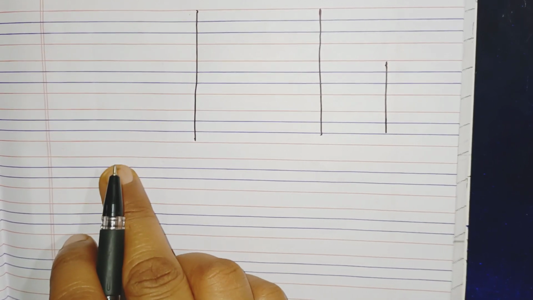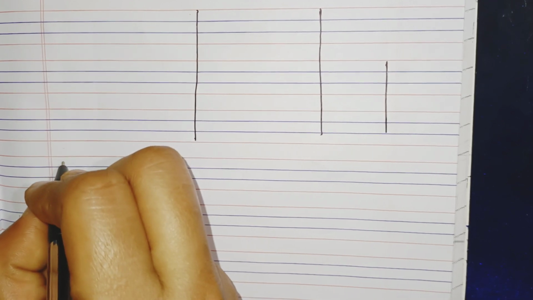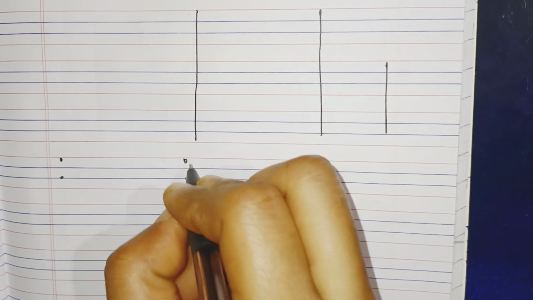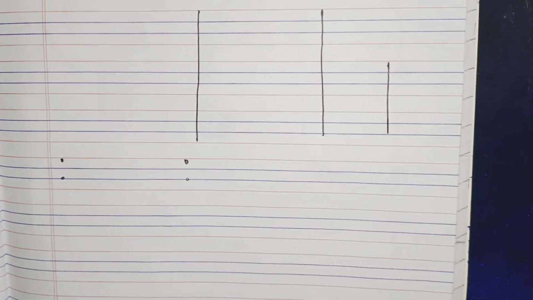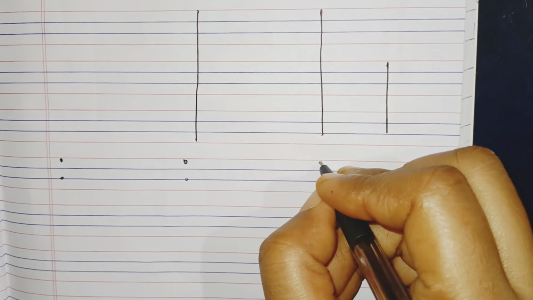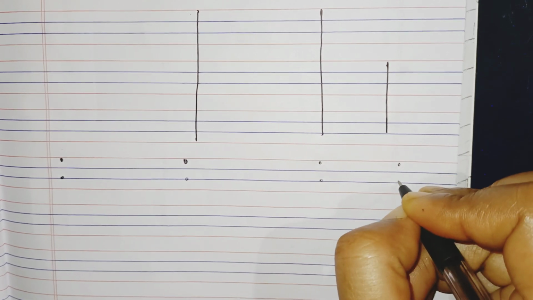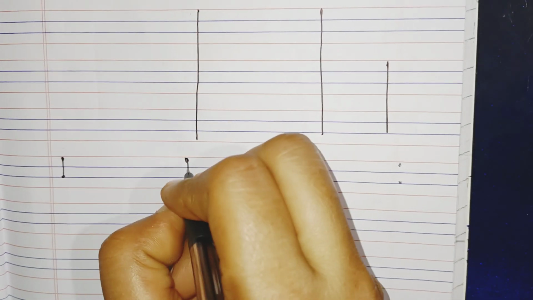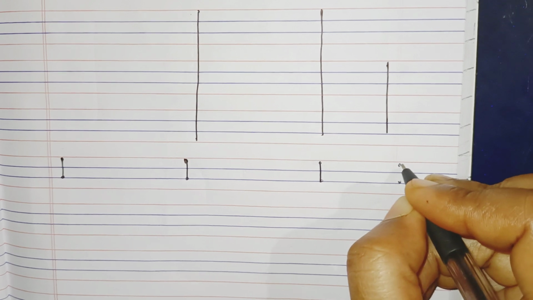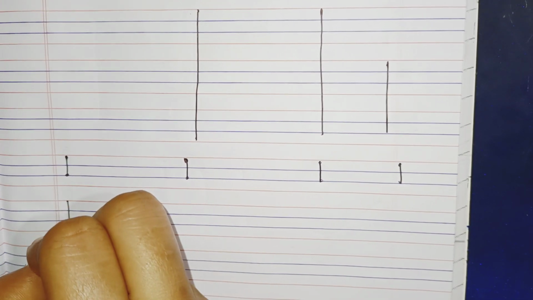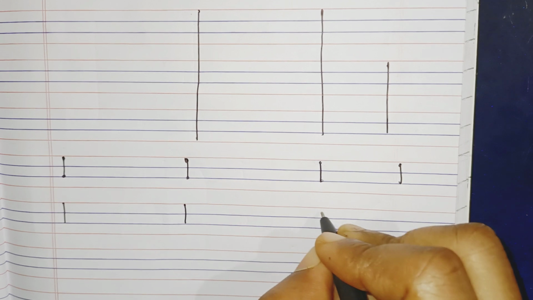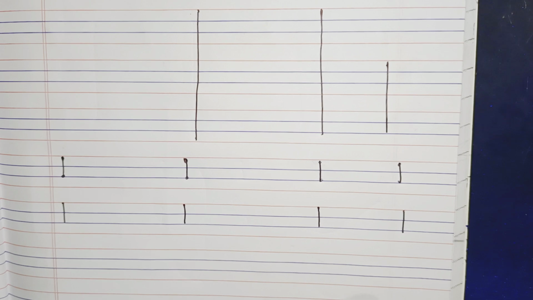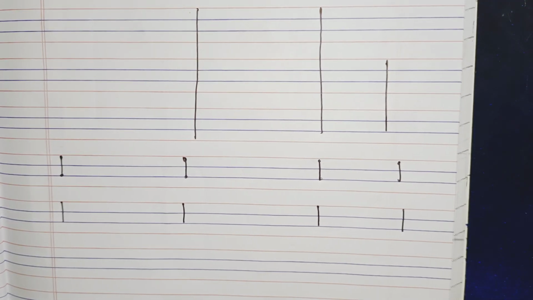Now let's see how you can make this L between these lines. In small alphabets we sometimes become confused whether we have to write between the first and third lines or the second and third lines. That's why I'm clearing your confusion here. First of all, you have to join these two dots and I will make one L. Very simple. What is this? This is small l. It is the easiest letter of the small alphabets.